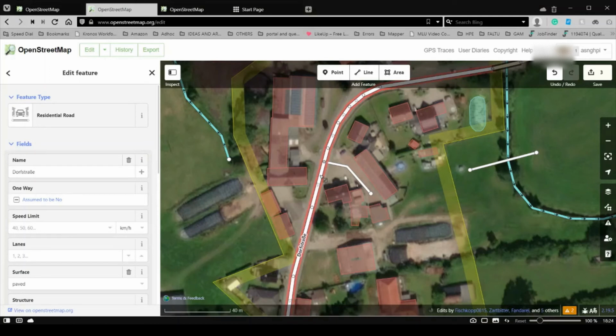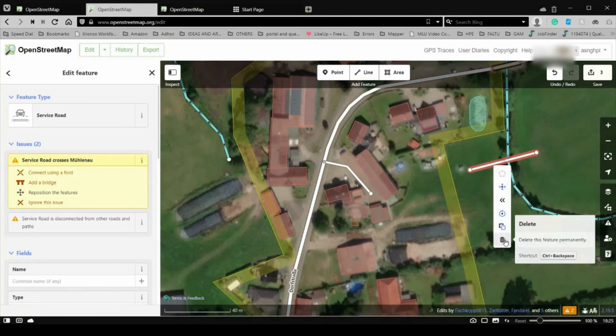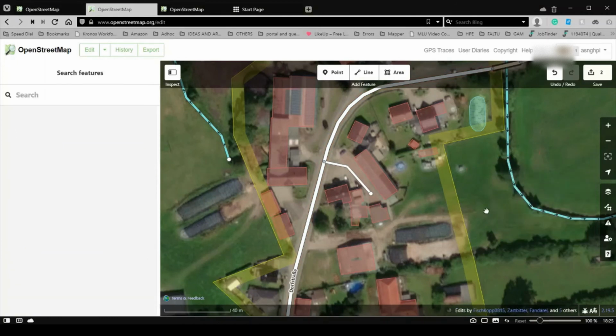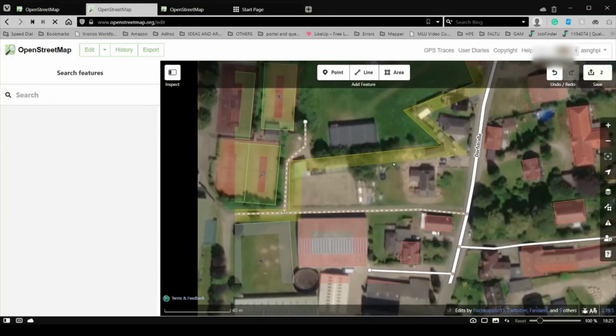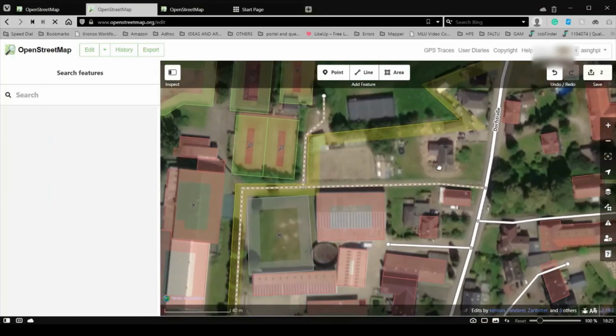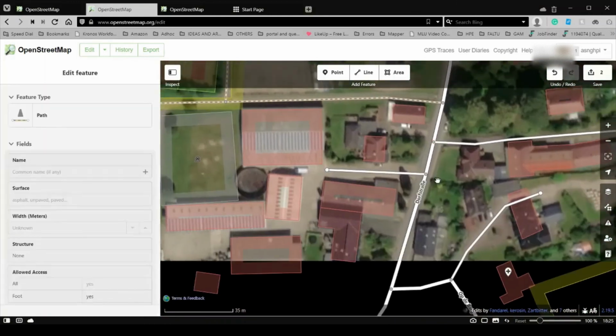To modify a line that has already been created, simply click on it. The dialog box will open next to the editor along with the trash can icon next to the line. Click Save to make sure your edits are logged into the OpenStreetMap database. Please pause this video and take a moment to practice mapping a line. Return to this video when you are ready to map an area.